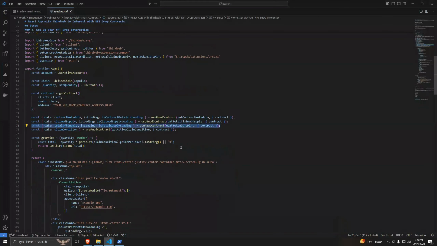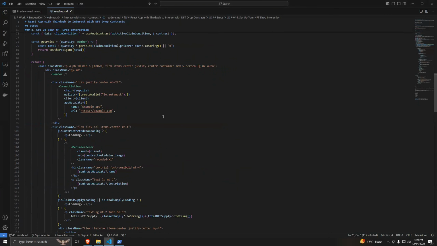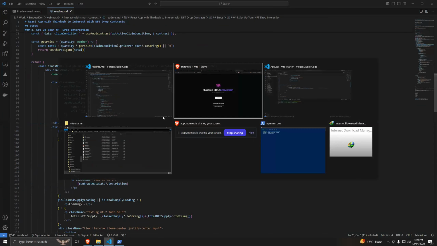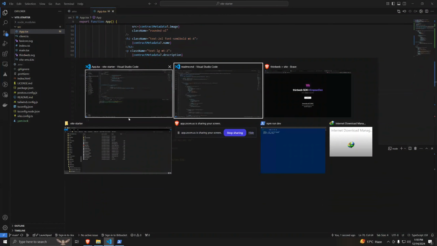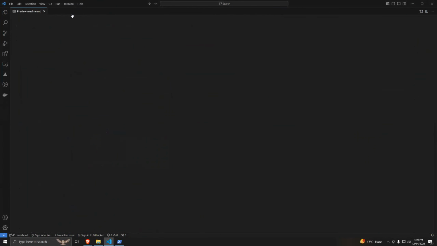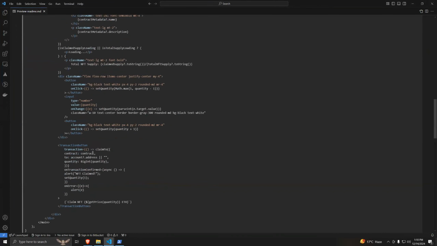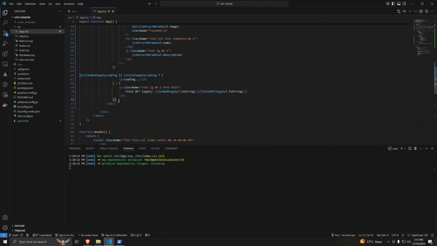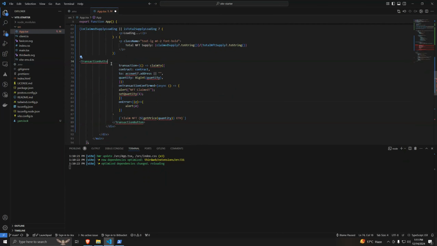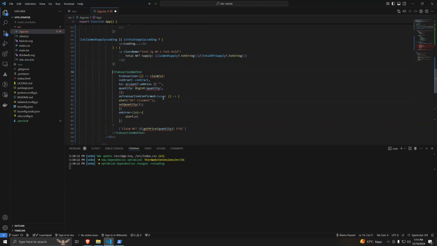Another thing that we can do is that we need to create a button for claiming this NFT. So thirdweb has simplified this a lot by just providing us a component, this transaction component. So what this transaction component, let me copy this and show you this. This transaction button component is imported from thirdweb, and it just needs a transaction that, okay, on this transaction